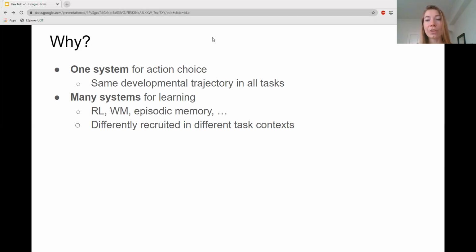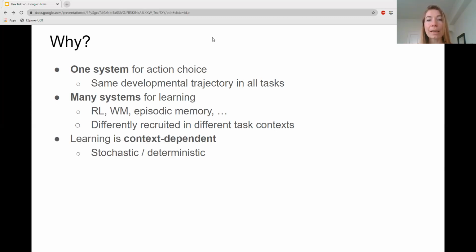trajectories in each task. For example, stochastic tasks might be more likely to engage RL, whereas deterministic tasks might engage more working memory. Stable and volatile tasks fundamentally differ from each other because optimal performance needs small learning rates in stable tasks but large learning rates in volatile tasks. Almost certainly, these correspond to different learning systems. Lastly, the number of stimuli to learn about makes a difference. We can hold a small number of stimuli in working memory, but when working memory capacity is exceeded, we need to engage other systems. In other words, it might be the case that there is one unified system for action choice, but multiple systems for learning.